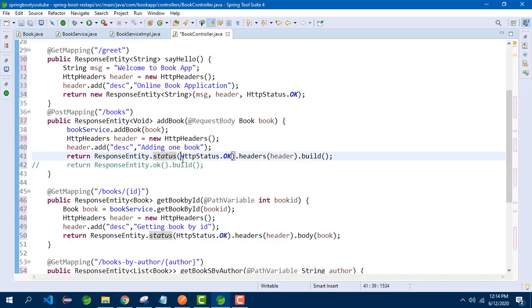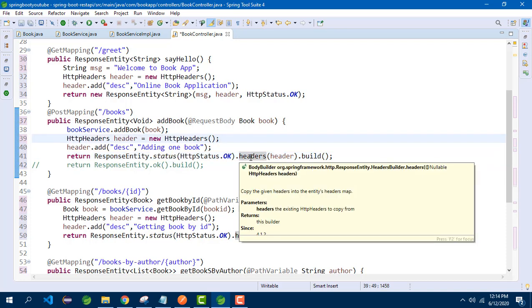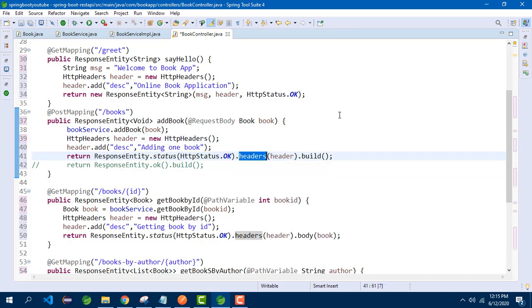In this case, you cannot pass headers. If you want to pass headers also in the response, then call the static method status, add the appropriate status code, then call the static method headers and call the static method body. If you don't have a body, call the build method.